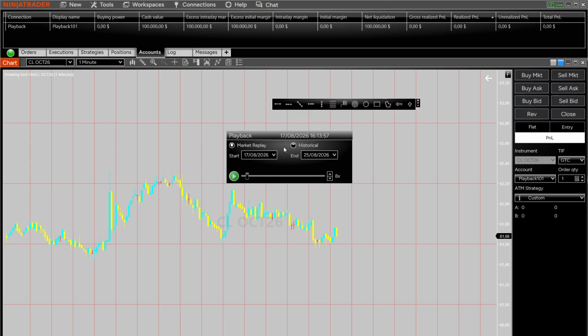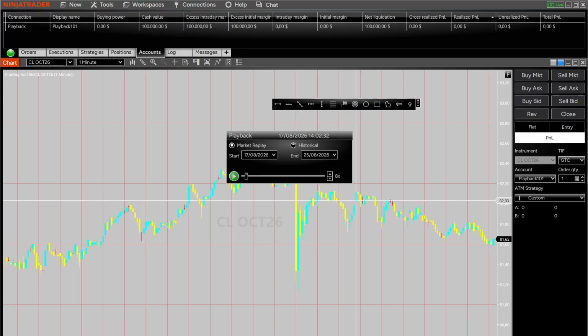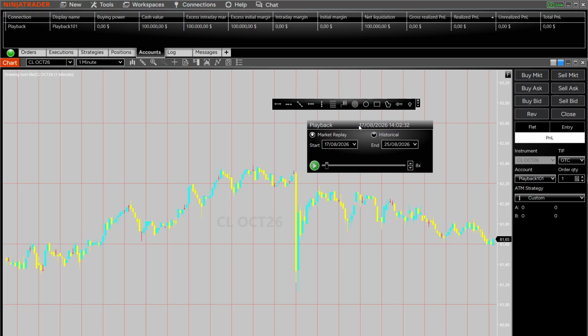I can also select historical market replay or whatever you want and select the start and the end dates as well. And then you can just move through it over here and play it through. And it's going to basically start loading your chart and playing it through for you, okay? That's also quite nice. Now, if you want to make bracket orders, which is possible inside TradingView as well,